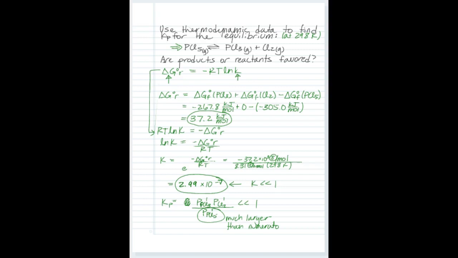So pick an equilibrium reaction that has thermodynamic data in a thermodynamic table that you have access to, and just practice this process of calculating the standard delta G of reaction, and then using that to calculate K, and then reason through what your reaction flask would look like if it was